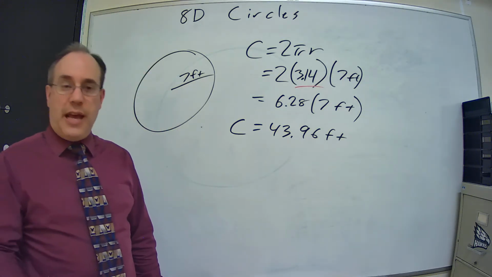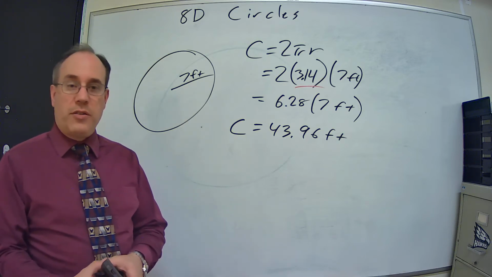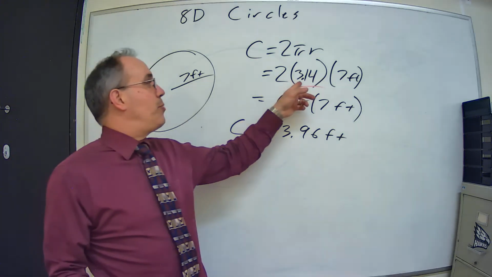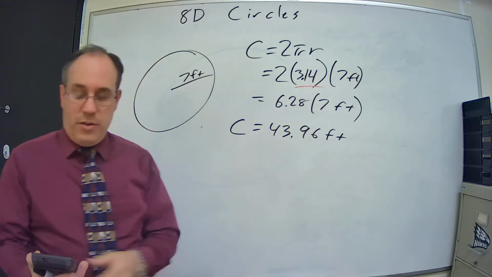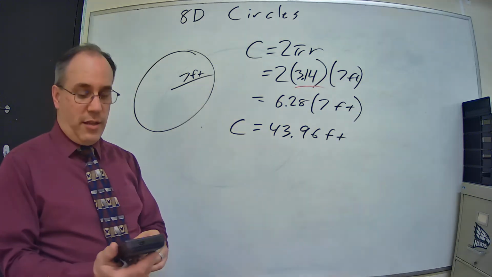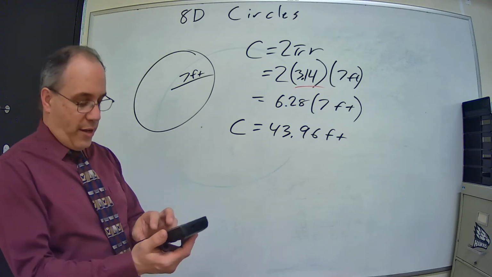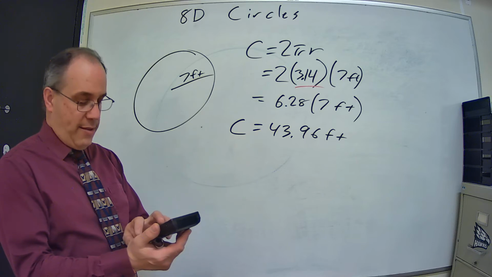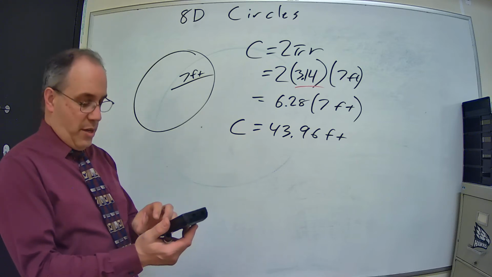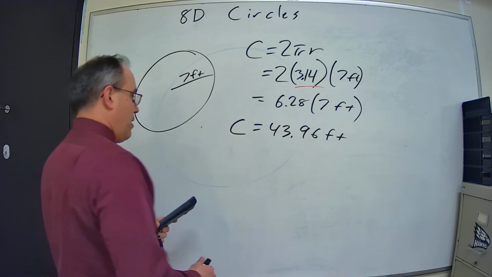If you used your calculator, then you would have a closer approximation of pi, which would actually be larger, 3.141592, right? So it's a larger one, so we would get a slightly larger answer. So let me just do that and say if I go 2 times pi in my calculator, and then multiply that by 7, then